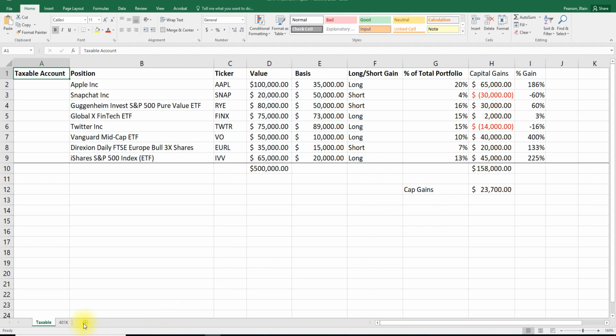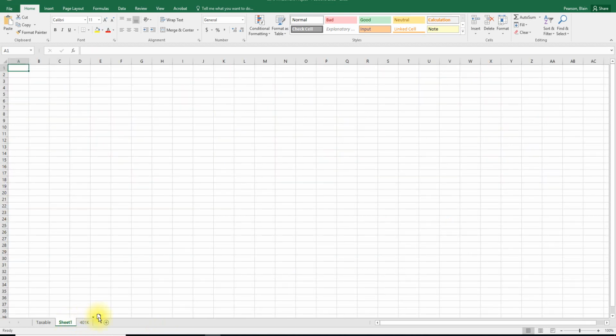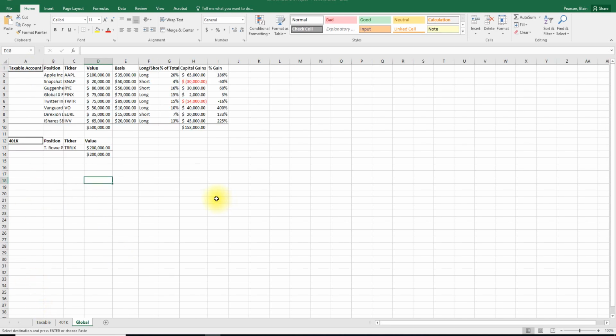First, I'm going to start a new sheet. I'm going to call this sheet Global. I'm then going to import. Now that I have a sheet and one combined sheet, I can then look at the concept of global portfolio